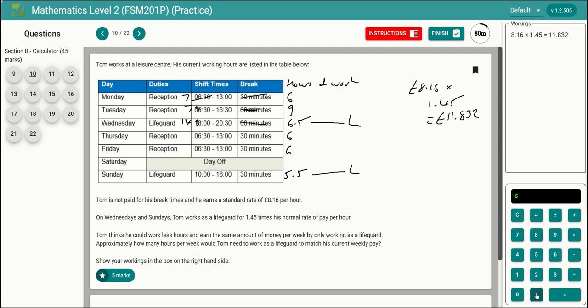So 6.5 plus 5.5, something went wrong there, let's try that again. 6.5, I hit the division and not the add, there we go, plus 5.5, that is 12 hours. Okay, so he's doing 12 hours at this rate of 11.832. So let's do 12 multiplied by 11.832, and that comes to,